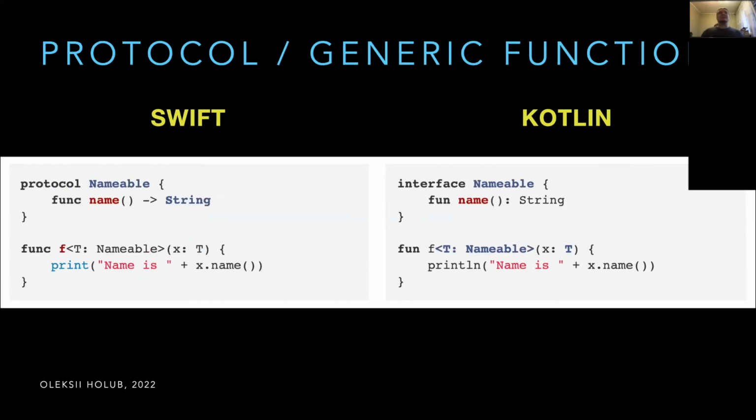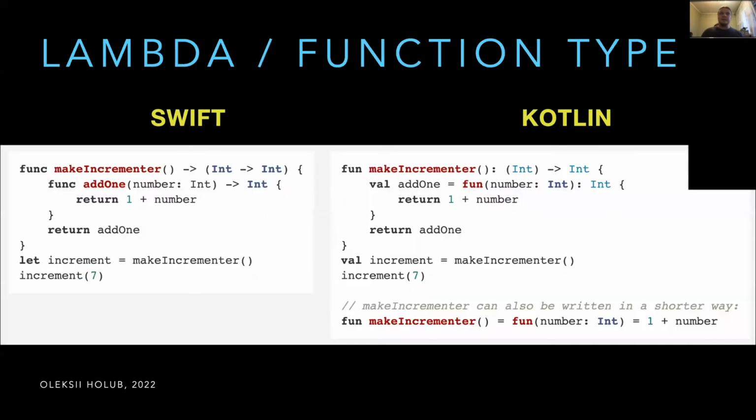So, another example. You see how a protocol, which is called an interface, an abstract interface, is declared. The same. The only thing is that the return value is put after the colon. Generic function, generics are fully supported, class generics, and yeah, you can see it's very similar to what we see in Swift. So lambda function types, lambdas or closures, however you call them,